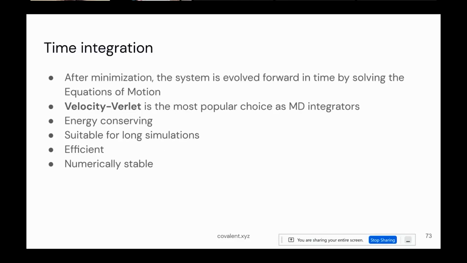The next step, after the minimization, is to integrate Newton's equations of motion. Typically the most used integration scheme is the velocity Verlet integration scheme, which is part of all MD integrators by default. The reason it's really great is that it's numerically stable, so you can do really, really long runs with it. It's energy conserving, and it's also very efficient. And it also updates